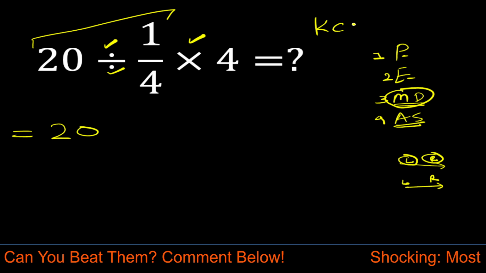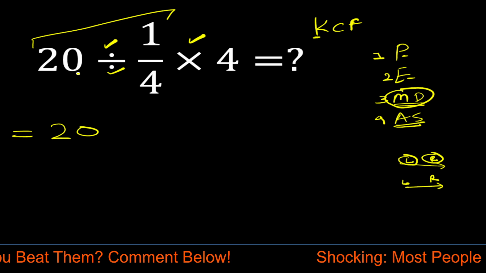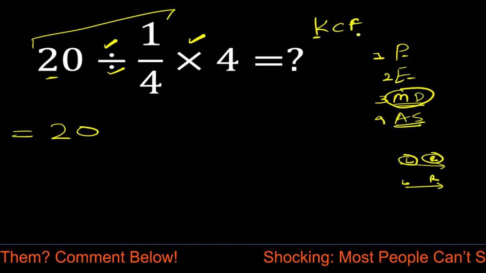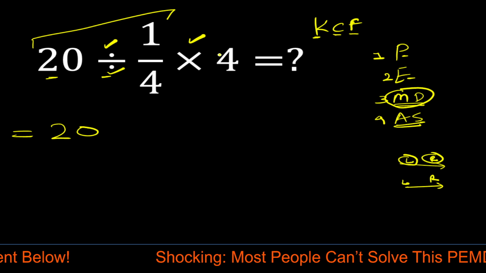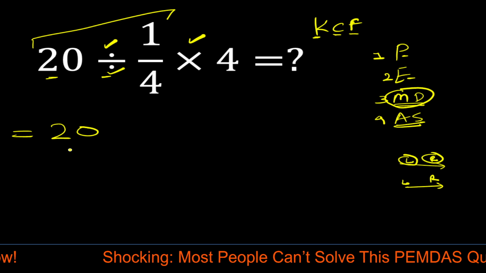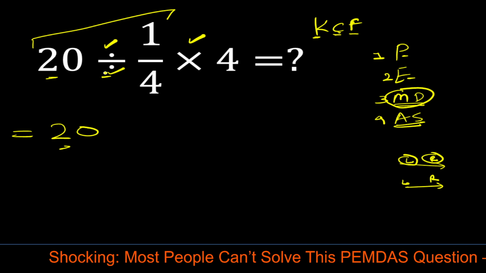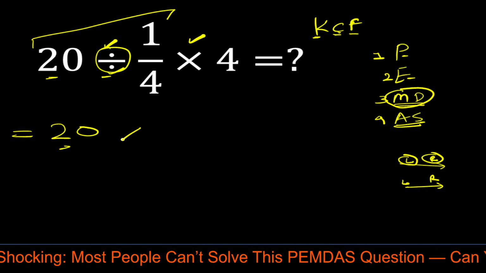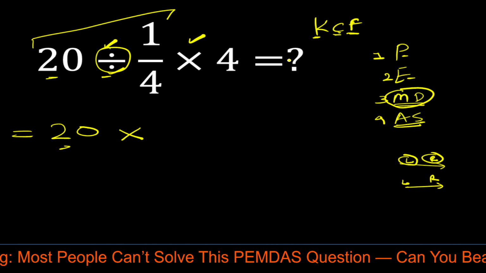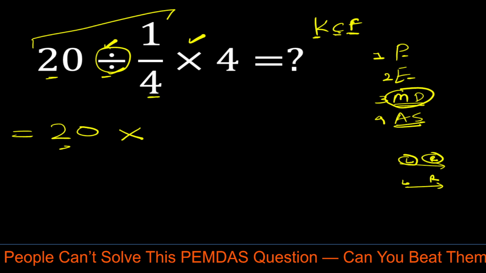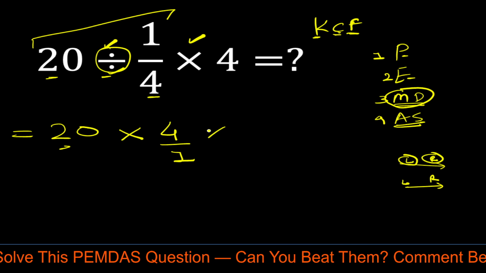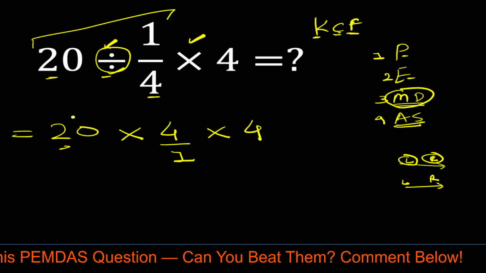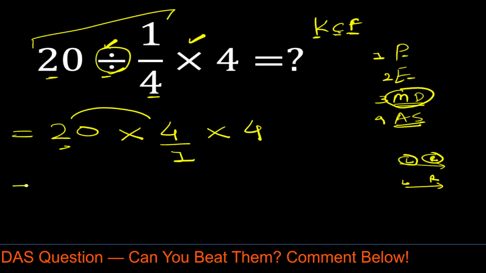Now according to the KCF rule, K stands for keep, C stands for change, and F stands for flip, right? So keep this 20 as it is, the same. Now change this sign from division to multiplication. Now flip this second fraction, 1 upon 4 is equal to 4 upon 1, right? Times 4. Now 20 times 4 is equal to 80